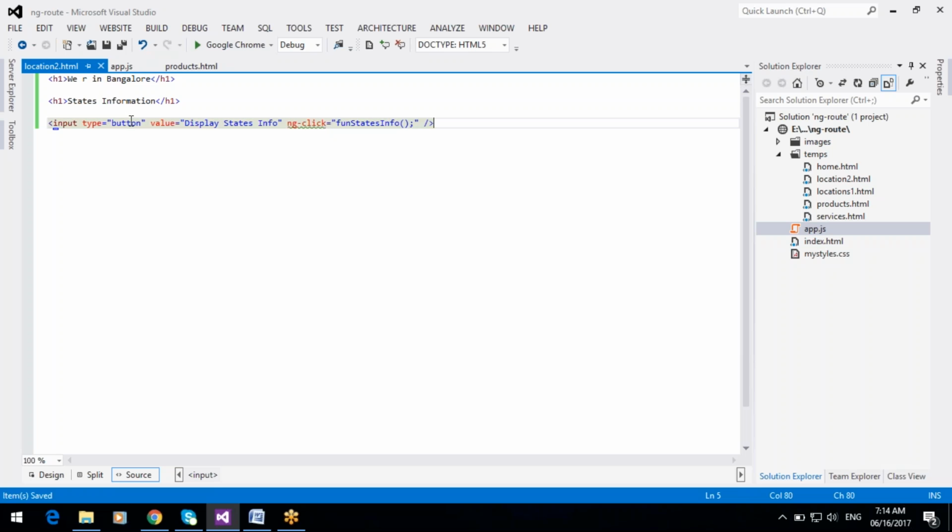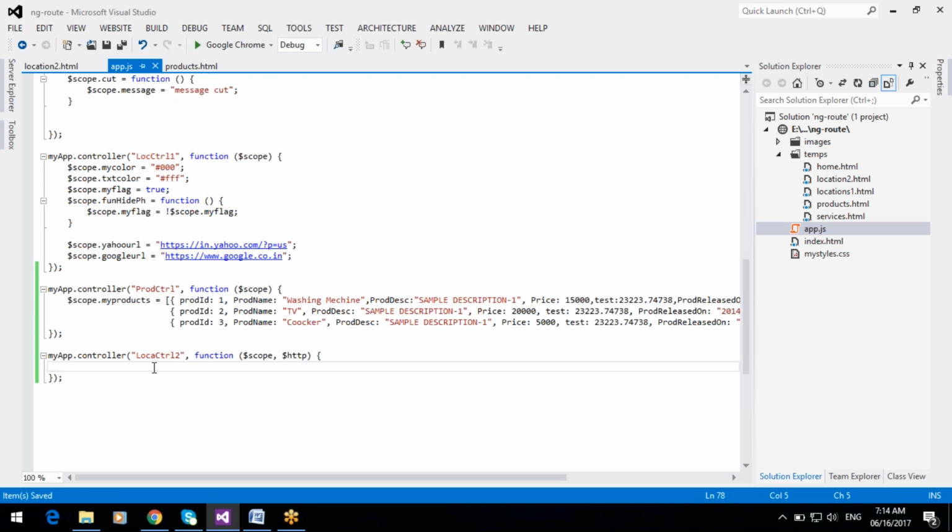This is the function name. When you click on this button, this function is executed. Scope dot function.